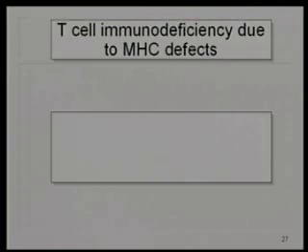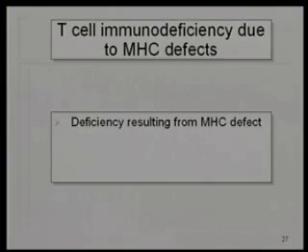They interact with MHC self-peptide and are positively selected. And after that, they are negatively selected after further differentiation. Well, if there's no MHC to be recognized by those cells that are on the way to differentiation, they're not going to differentiate. And there are conditions where there is a defect in